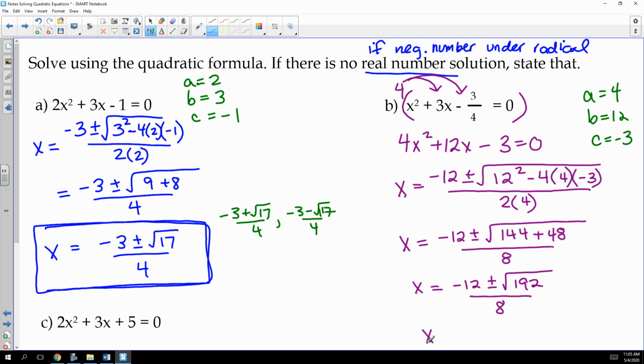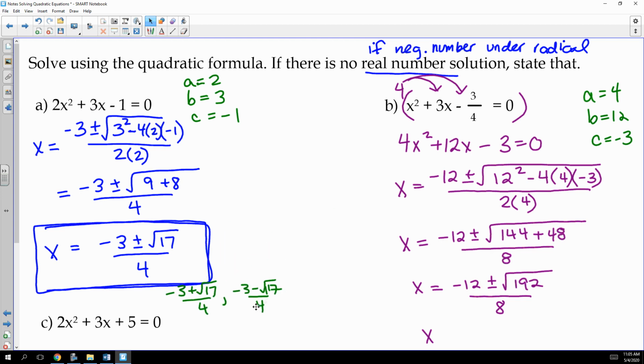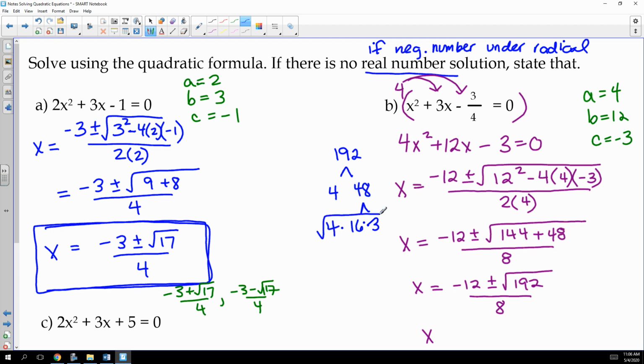If you're not sure, then you really do want to take the time to simplify and break down that square root of 192. I'm pretty positive that 4 goes evenly into 192. That goes 4 and 3, 2, 8, 48. And this can be 16 times 3. So I would have 4 times 16 times 3 under the square root. 4 is a perfect square, and that can come out as a 2. 16 is a perfect square, and the square root of 16 is 4, and I'd be left with 3. So this is going to end up being x equals negative 12 plus or minus 8 square root of 3